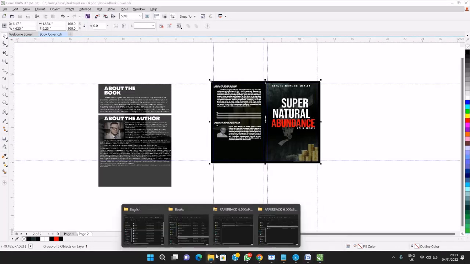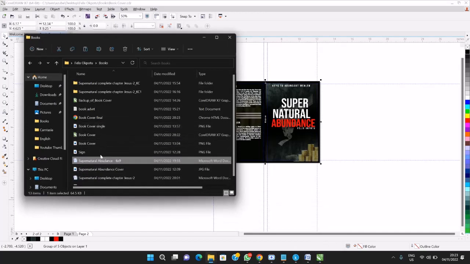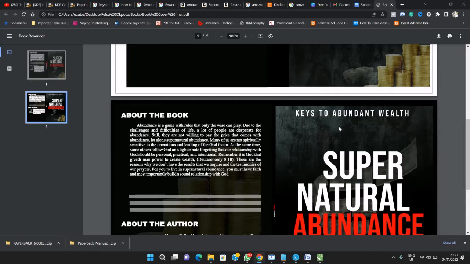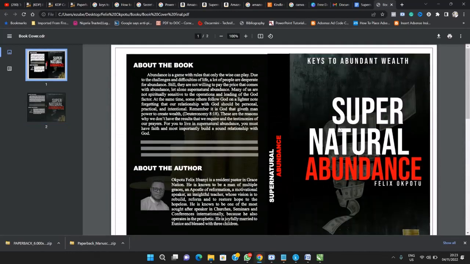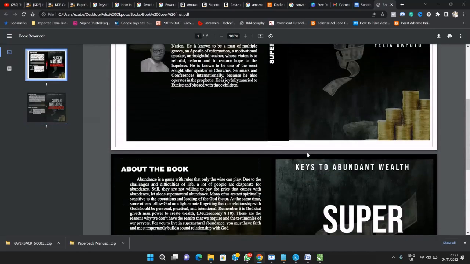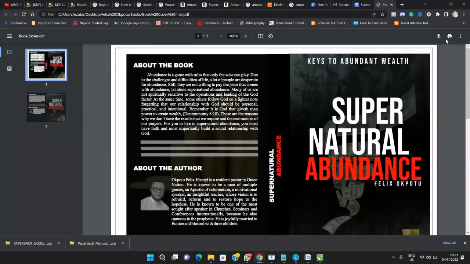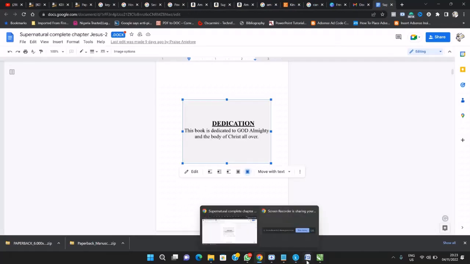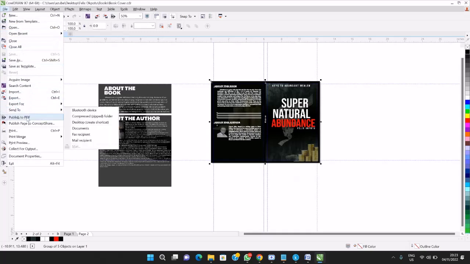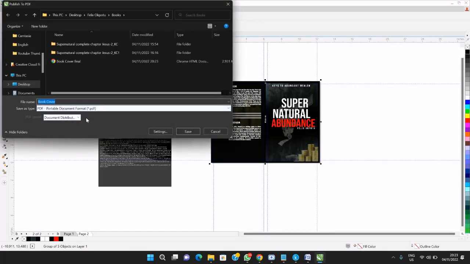So for me to be sure, I have to go to my folder to check if it's there. So book cover final, if I zoom it, you can see it's already there. So okay, I have two pages. Sorry, I have two pages, so I have to do this to be just in one page and not in two pages, because this one won't be useful. So what I have to do is just to go back, publish to PDF. Then I will choose